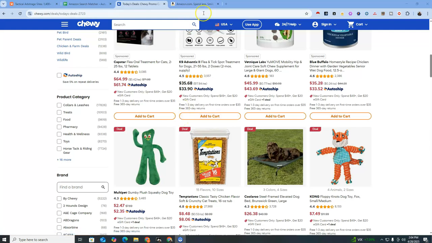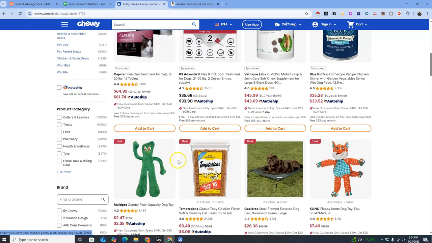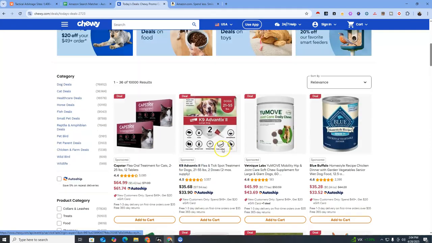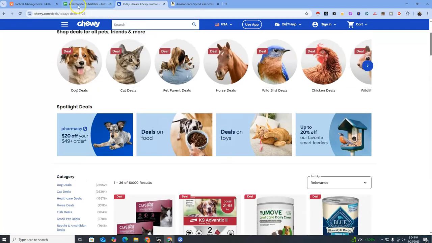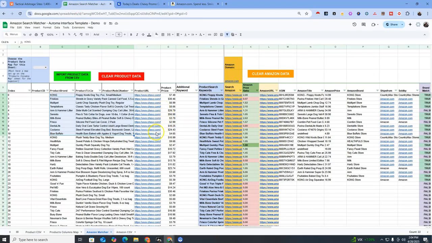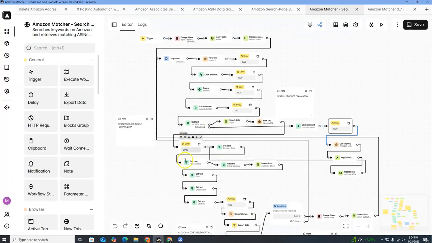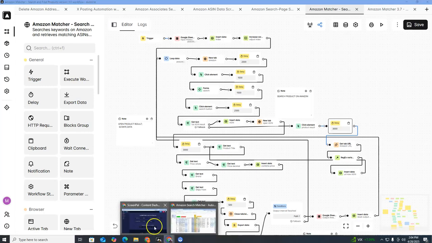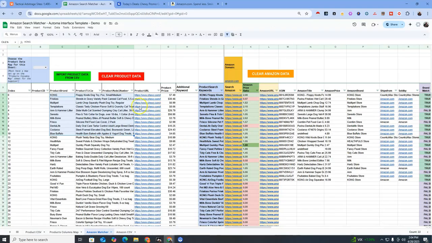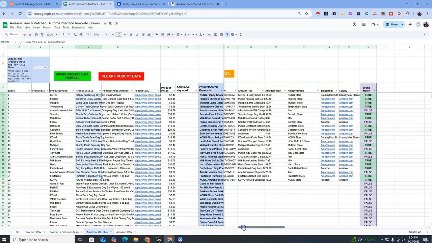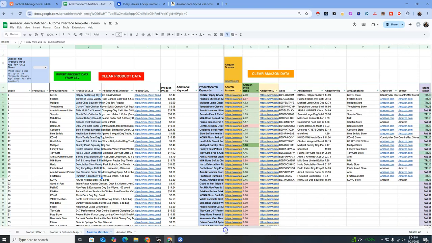I'm finding products on Amazon using the supplier Chewy. Now, Chewy is an online store that sells a lot of different pet products, and I'm actually using a Google Sheet combined with a browser automation. Combined, I'm using these two to take the product titles from Chewy, search for them on Amazon, and find the equivalent products. So if you're reselling, of course, this is an opportunity to find drop shipping or online